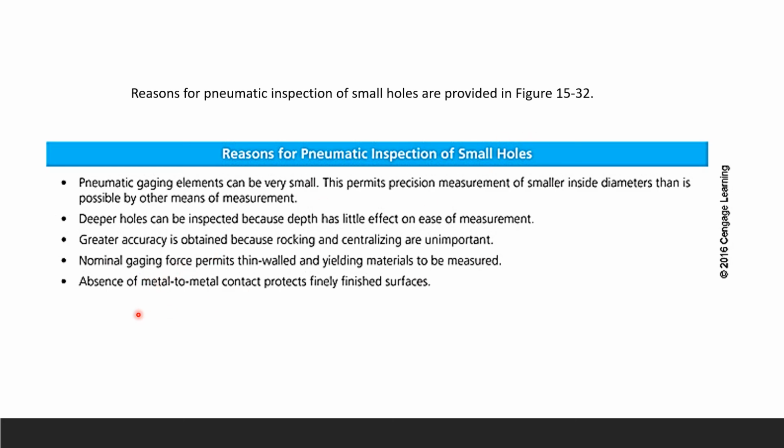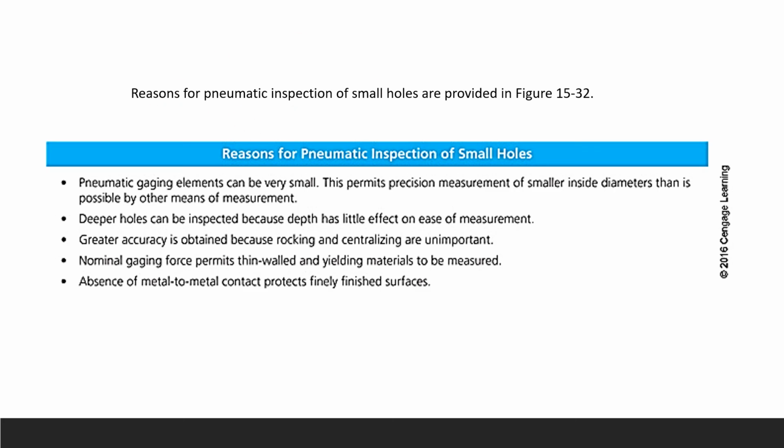to measure small holes. Absence of metal-to-metal contact is going to protect the finely finished surfaces. Because metal-to-metal contact definitely gives you friction, so remember the friction, and that's not good for finished surfaces that are finely constructed. So in order to protect that when measuring the small holes, we use pneumatic inspection,